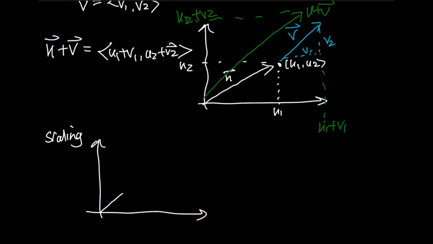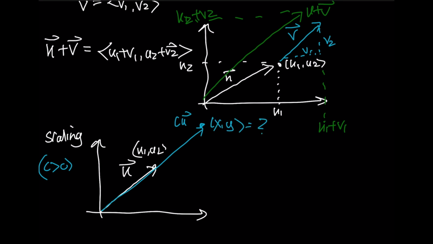If I've got scaling, there's a vector u, and it has components u1 and u2. And if I were to take a vector that's some multiple of it, let's say cu, and for the moment, let's just assume that c is positive just in this picture, but what I end up showing you will be true regardless. I don't know what the components of this thing are. Well, the nice thing about this is that you can leverage geometry results that you already know. If I have this picture here,